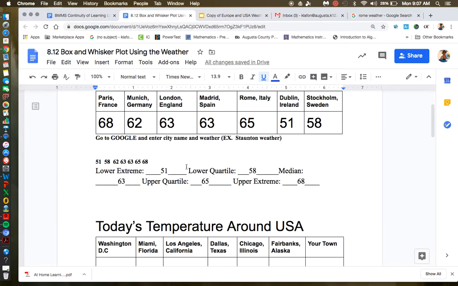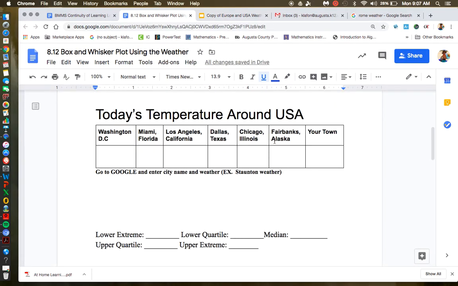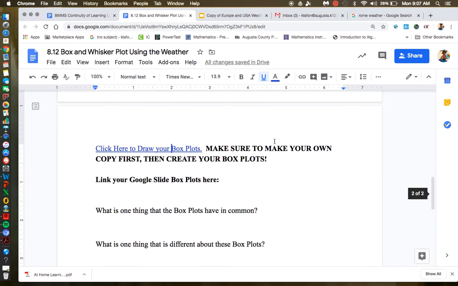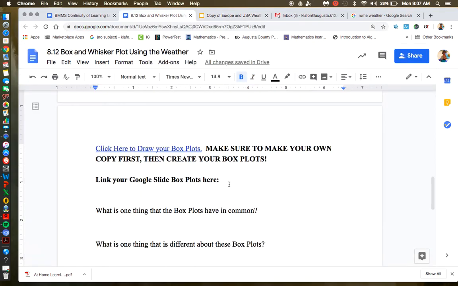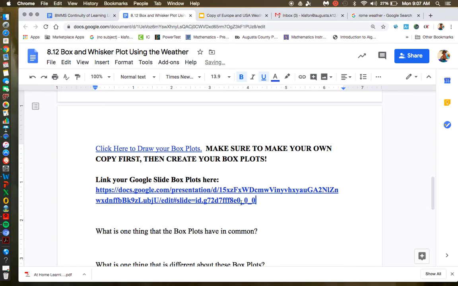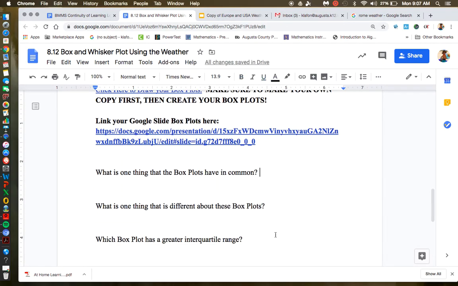Now you're going to go back and you're going to do the exact same thing for your USA temperatures. Once you're finished with your slides, you're going to come up to your slides and you're going to Control-C, copy the link, and then you're going to insert your Google Slides link of your box plots right here. And then the last thing you're going to do is answer the 3 questions, and then when you're finished,